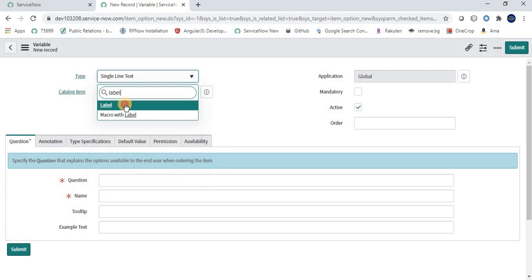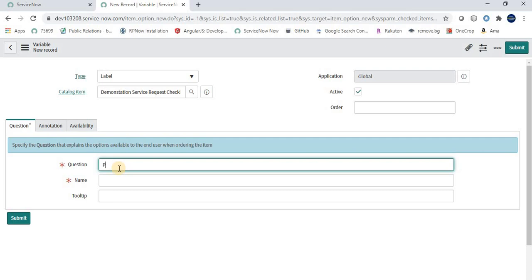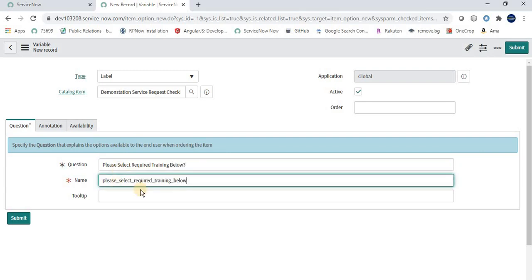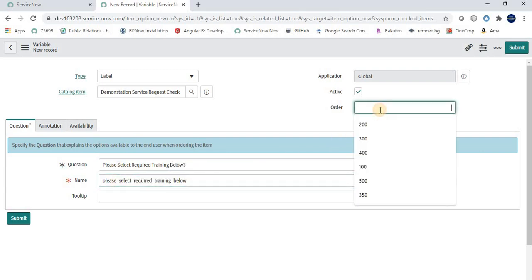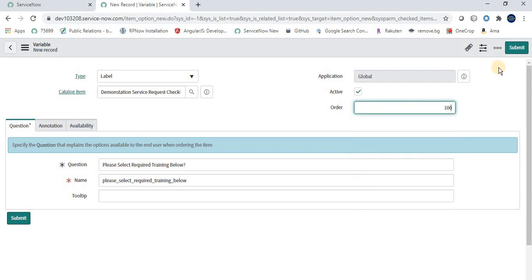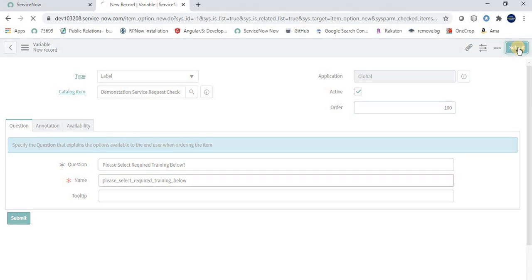Here, please select required training below, and the name will get auto populated. Then we have to give some order, so I am giving 100 over here. Order is basically where we want to display the field, in which order we want to display it in the catalog form. So click on submit.